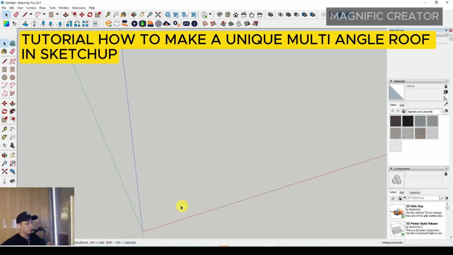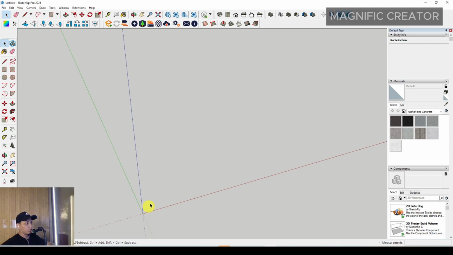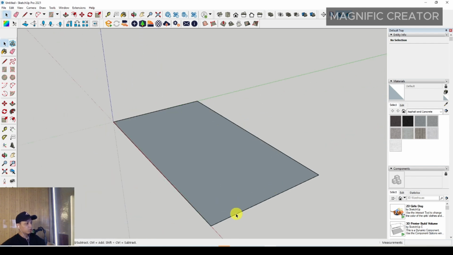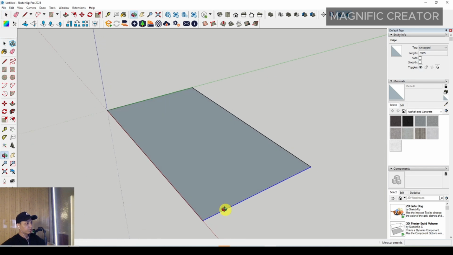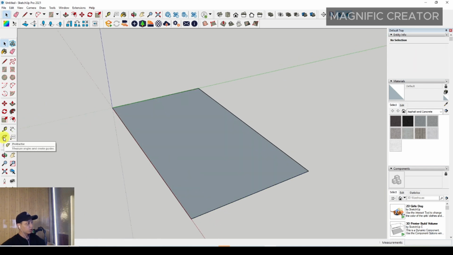In this video, I would like to share with all of you how to make a multi-level and multi-angle roof. First of all, you have to make a rectangle of any size with the rectangle tool. Okay, and then you can just select this line, or maybe you can select this protractor, and then you can